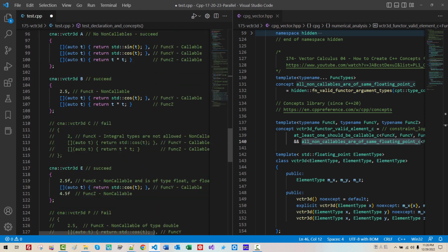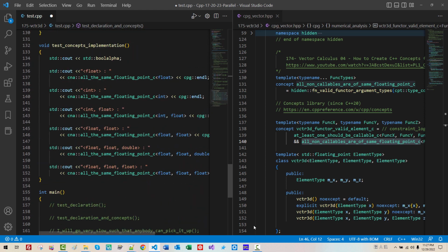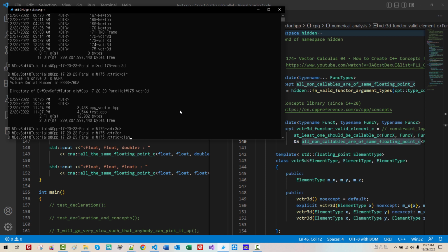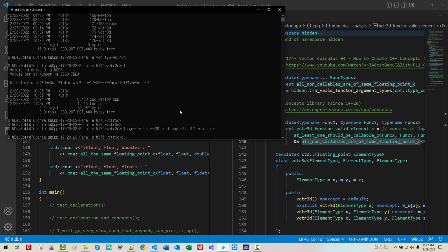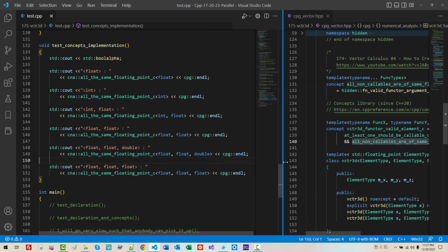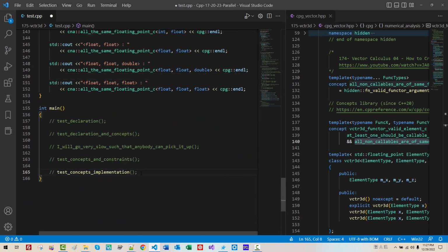Now we can try our code. I will open cd 175, vctr3d, clang, std c++20, test.cpp, ltbb, 12, or c.exe. Hit enter. Everything works. Now I will disable it. Instead, I will enable test concept and constraint. This function